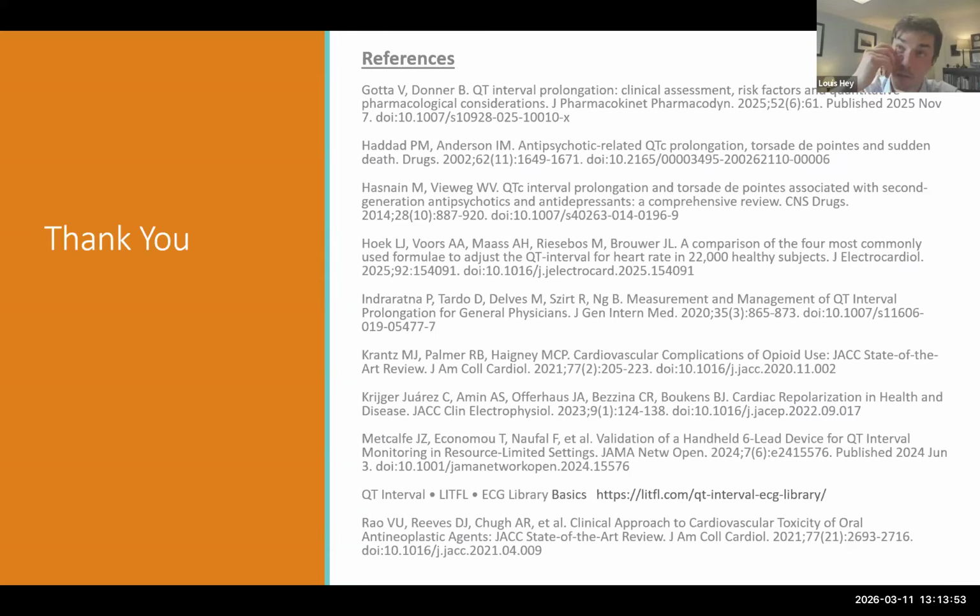Zofran, a common one that people think of as prolonging the QTC, the research for that was done in incredibly high doses, chemotherapy doses. They're using it to prophylax against really high risk chemotherapy, and they're pushing 32 milligrams IV routinely, much higher doses than we are using. And as far as I could tell from an MRAP podcast, an article I found, and searching through the literature myself, there has never been a report of torsades from oral Zofran, hands down, ever. That was reassuring to me.